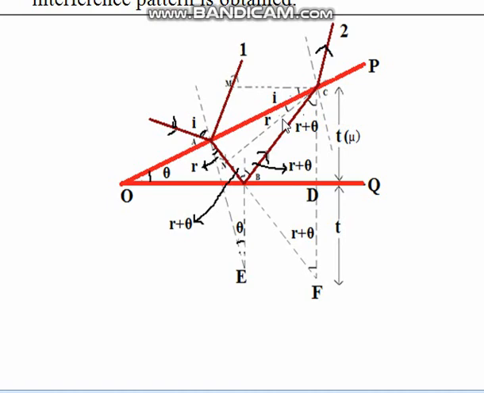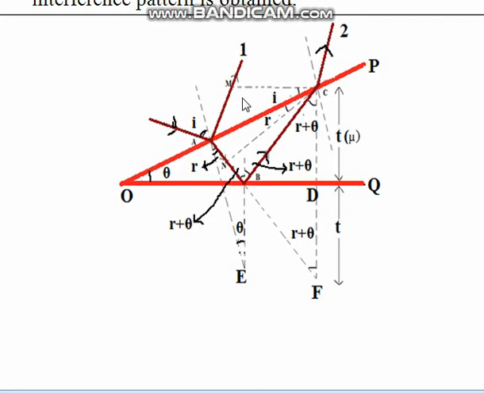So what is the path difference? The origin of rays 1 and 2 is point A. This is ray 1. However, ray 2's path is somewhat extra. AB and BC are the extra, and AM is some additional part of ray 1. So the path difference is AB plus BC in film minus AM in air.